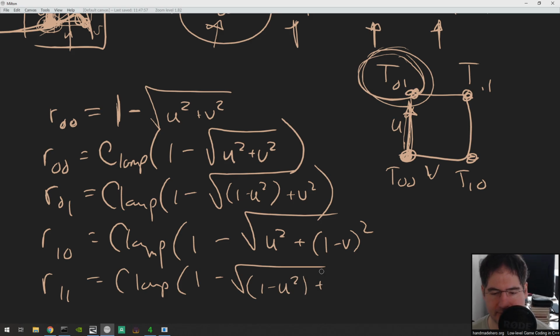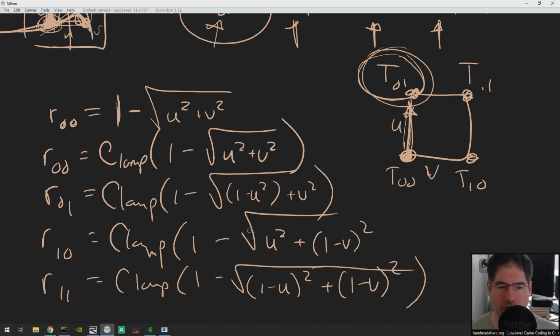So here we have, I don't know why I keep wanting to do that. So we're going to have 4 different coefficients. Each one is just going to be the clamped version of the distance equation for that corner, right? And the only thing that's a little bit strange is we know that if we were to actually apply this literal equation, so exactly what I've written here, we would actually end up with situations where the brightness was not